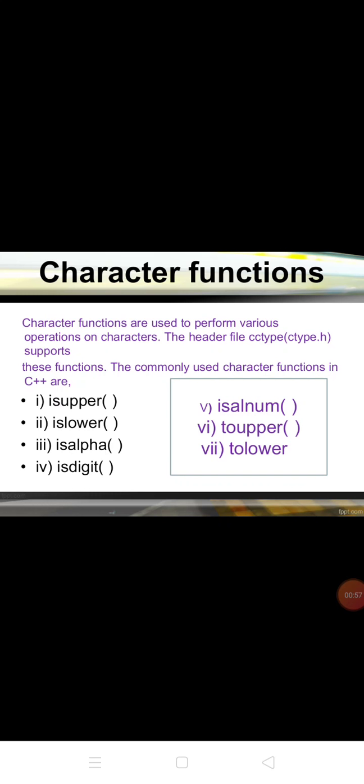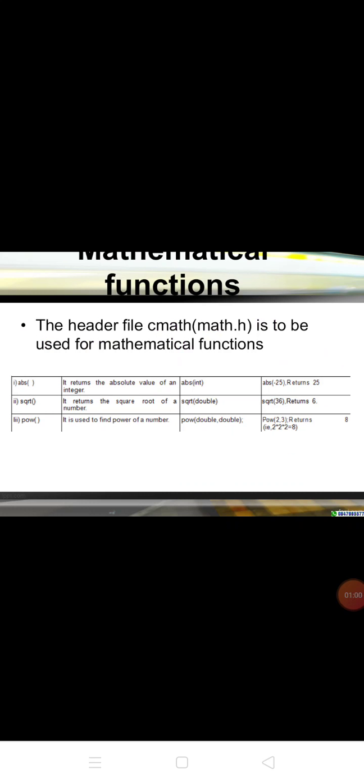In detail, what is meant by strlen, strcpy, strcat, strcmp and strcmpi? The strlen function is used to find the length of a string. Example: int strlen(string). Okay, it is a format. int is the data type, strlen is the function name, and string is the input string. n equals strlen(computer).